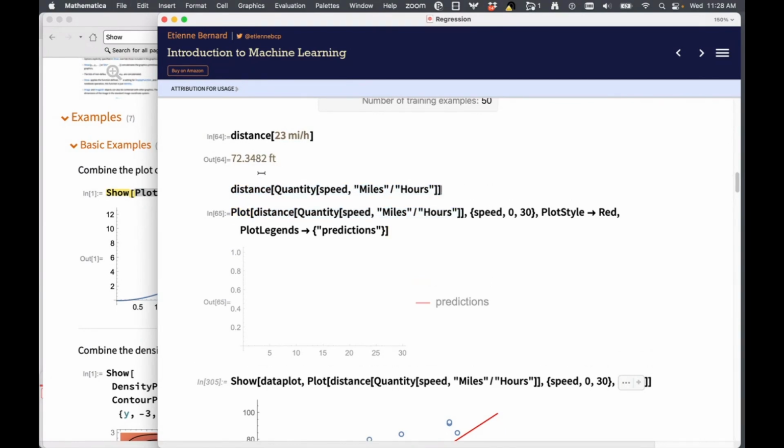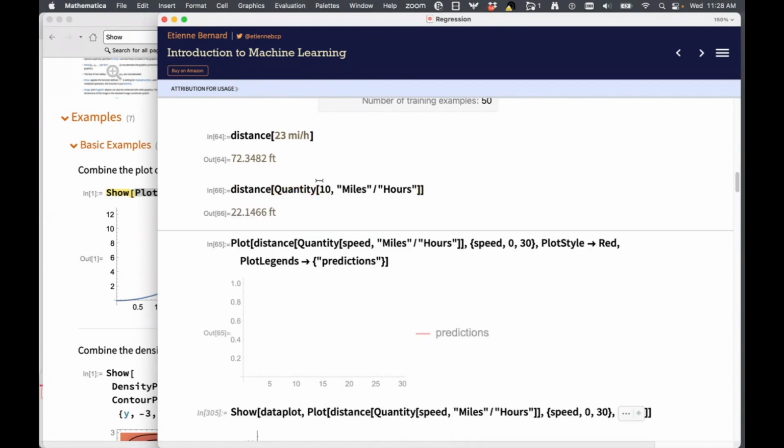We've seen that distance is able to work fine here. So if I put in just a number, distance is able to handle it and give me the output. So 10, if I had 10 miles per hour as speed, my stopping distance would have been 22. So now what I'm trying to do in plot here is vary the value of speed from 0 to 30, and then I want to come up with the stopping distance for it.